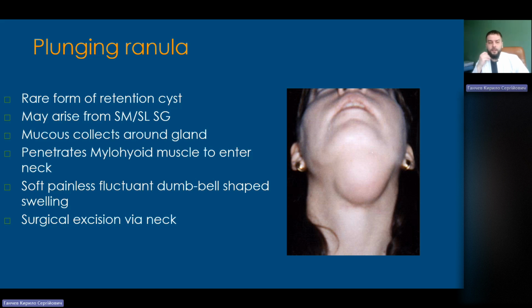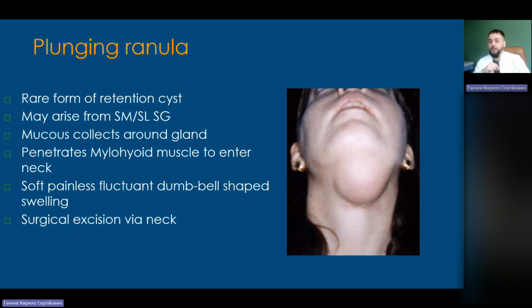So ranula, how it is created: it could arise from a retention cyst. First you have a retention cyst, and that starts growing and you have the ranula, okay, and it may arise from the submandibular or sublingual salivary gland. Mucus collects around the gland and penetrates the mylohyoid muscle to enter the neck, a soft painless fluctuant